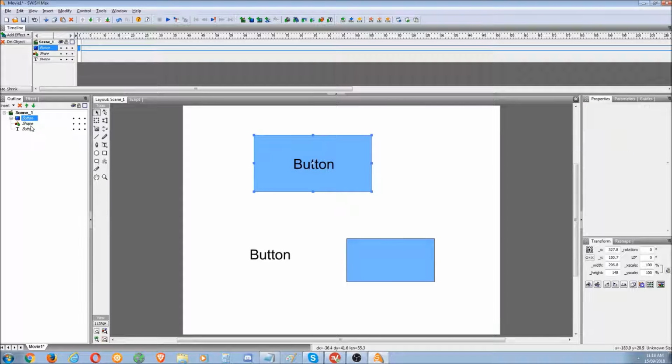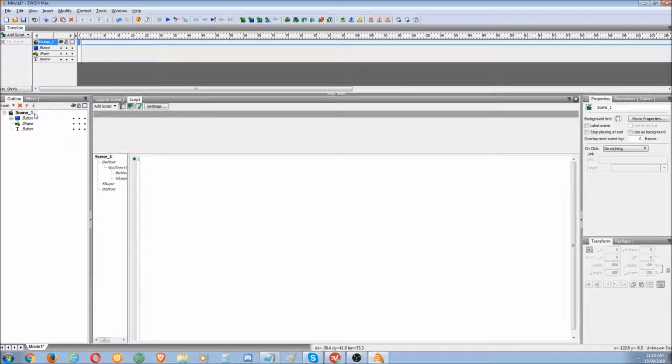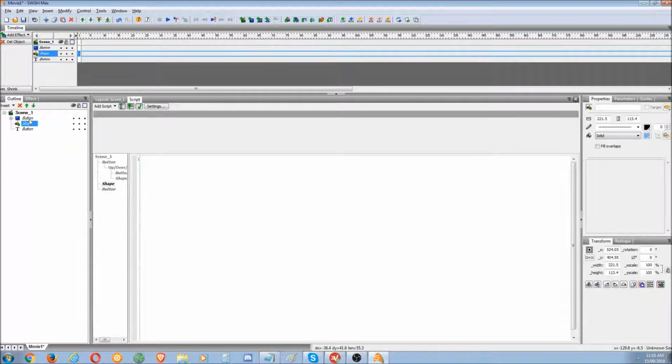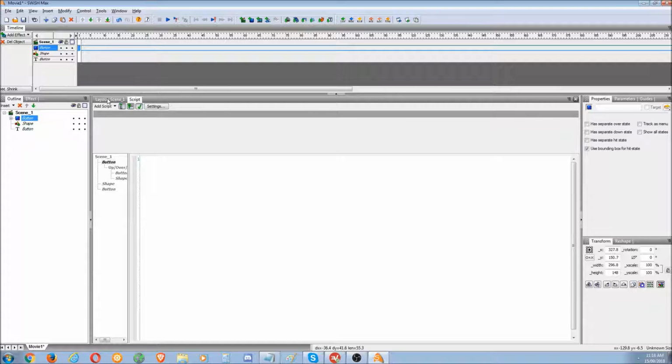Now, with every object here, even the scene, you've got layout and you've got script. You can apply a different script to every single object and scene. Everything. Even a movie clip. So we'll get to movie clips later. So let's select button. Add script,